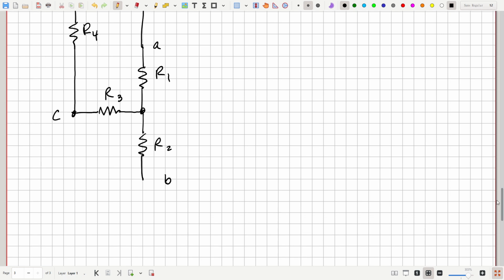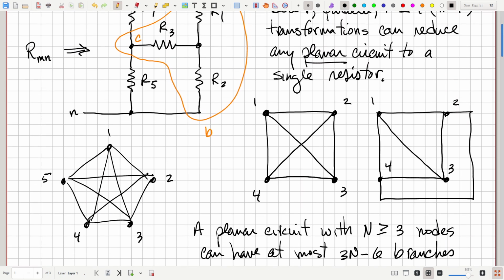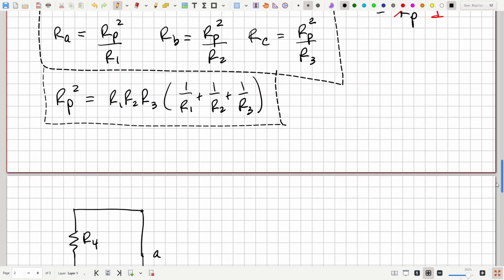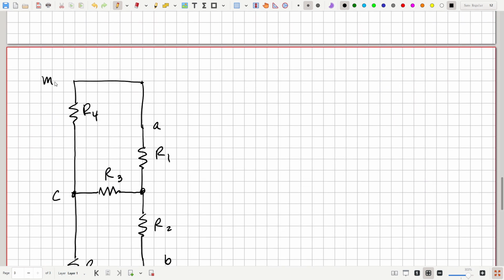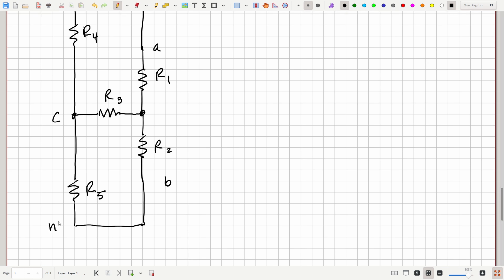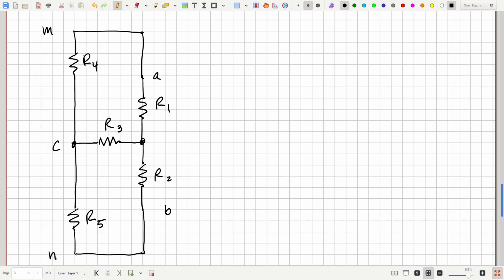And then R5 we'll put down here, goes between C and B. And then these are nodes M and N. Okay, so now